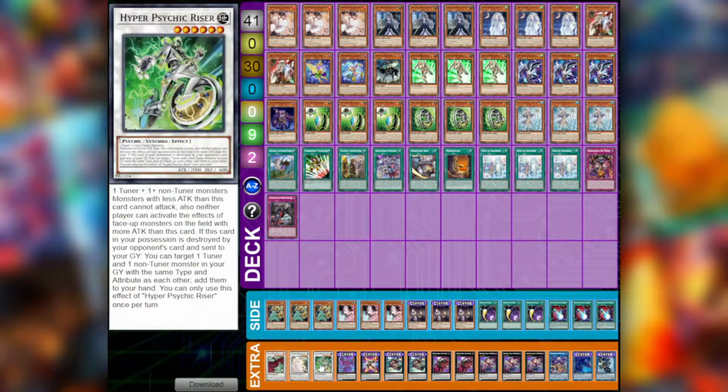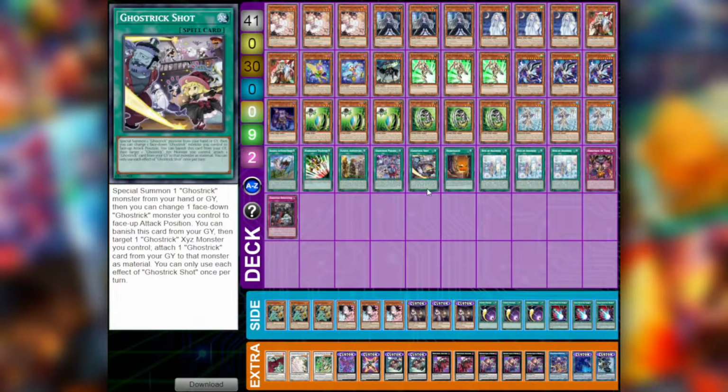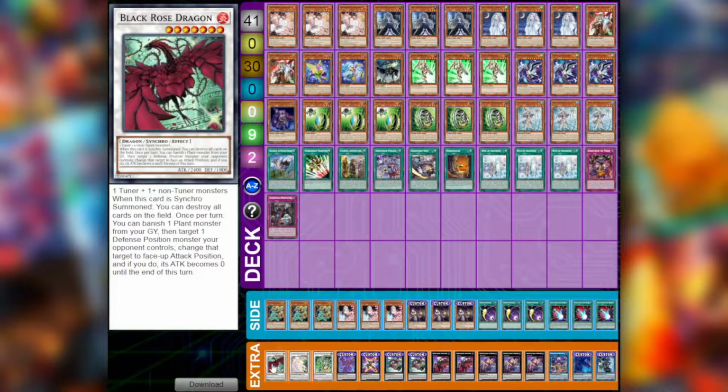And in the Synchro package, we have Hyper Psychic Riser for being a skill drain for higher attack point decks, and the very funny tech in the deck, Garden Rose Flora to quick synchro with. Basically, the line is, and this is a lot of copium, Plague Spreader will send a Plague Spreader from the deck to the grave, and we can then sync that with either a Tracker or a Junk Forward or a Enchantress to summon Flora. Flora can pop our field spell, Necro Valley, or Parade, depending on which, and quick synchro on our opponent's turn with the Rose token to summon Black Rose Dragon,